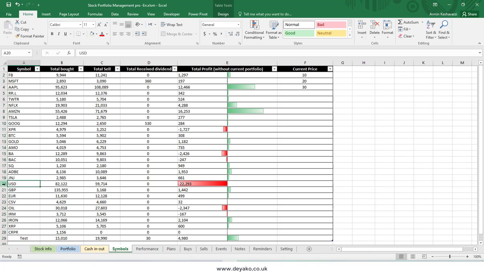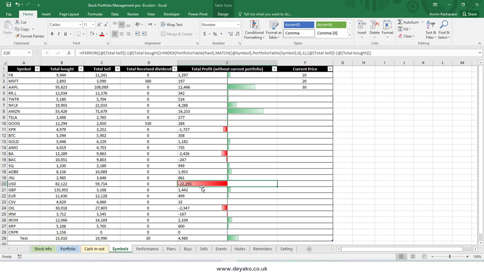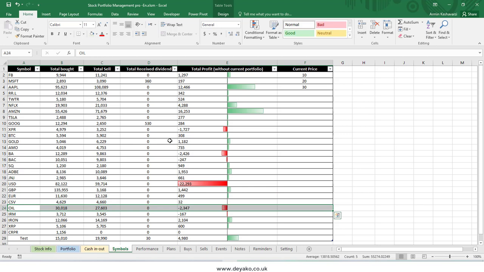For example, I am trading USD dollars in the forex, and the total profit for the USD is minus 22,000. USD is in my loss. I do not have any profits, and you need to remember that this value is without the current portfolio. So if you sell the current portfolio, for example, if I sold some of my USD, I may go to the profitable side. But right now I have lost something,